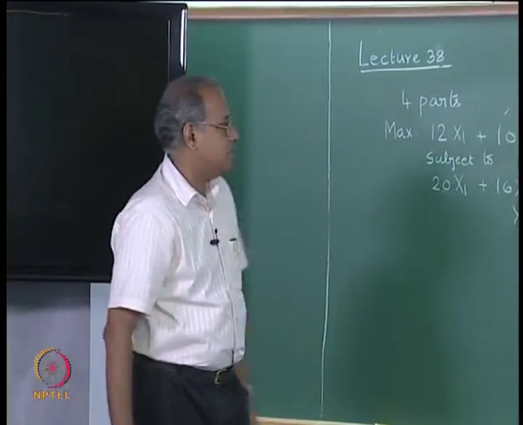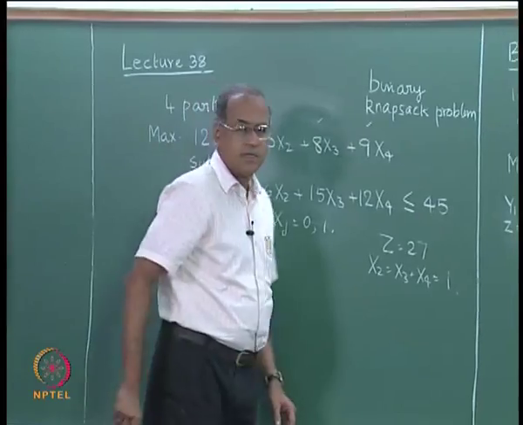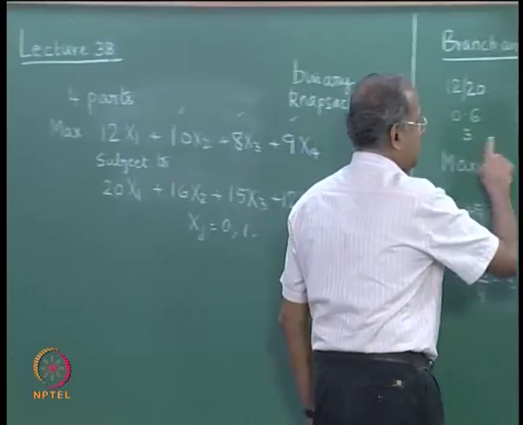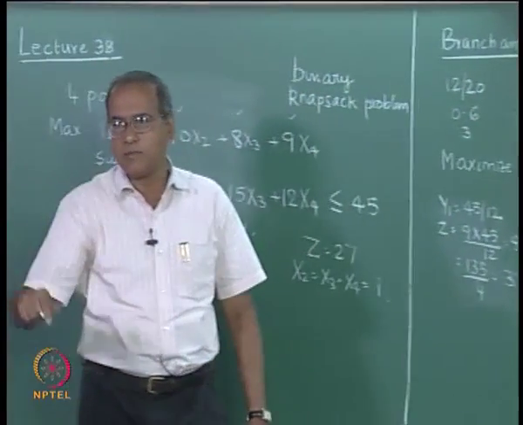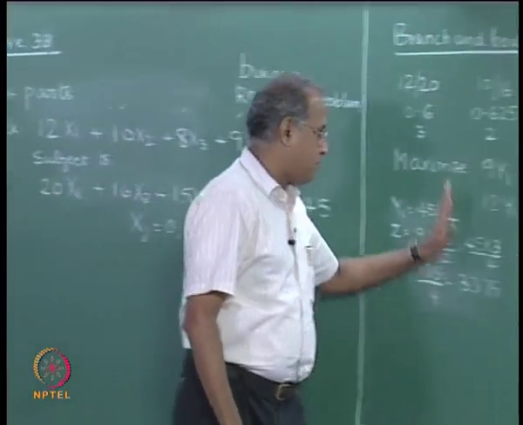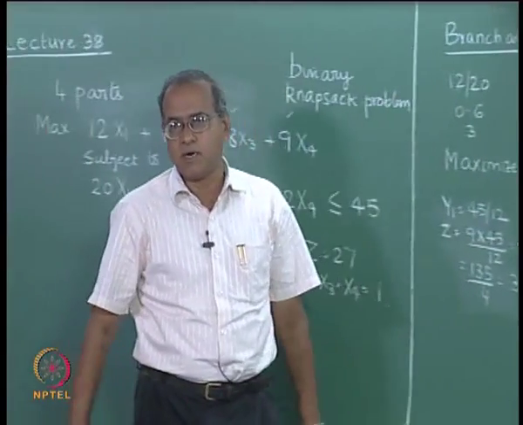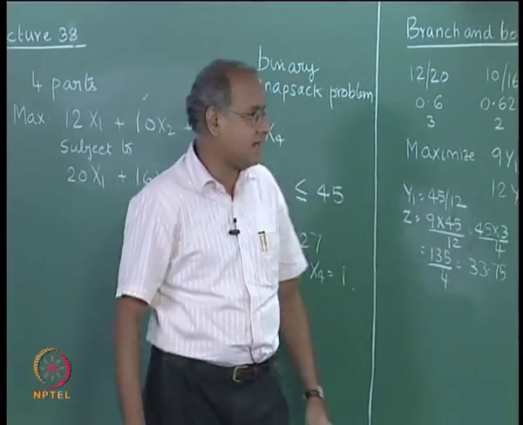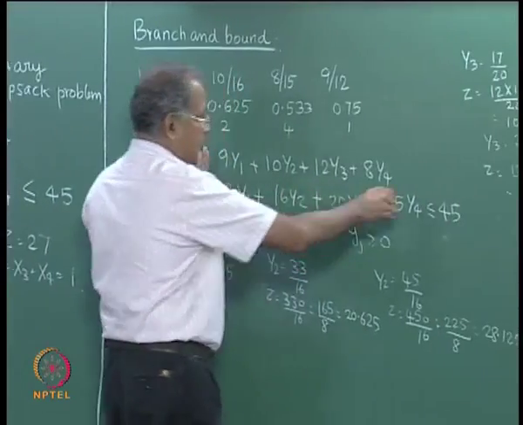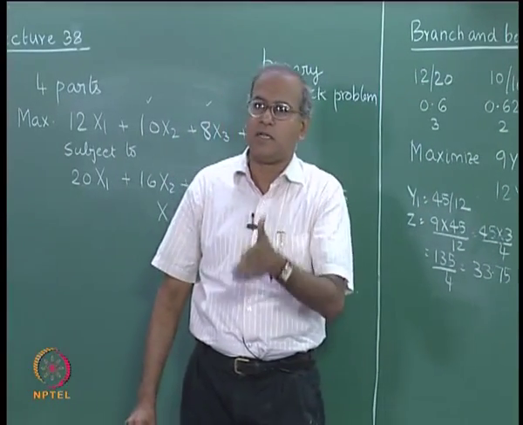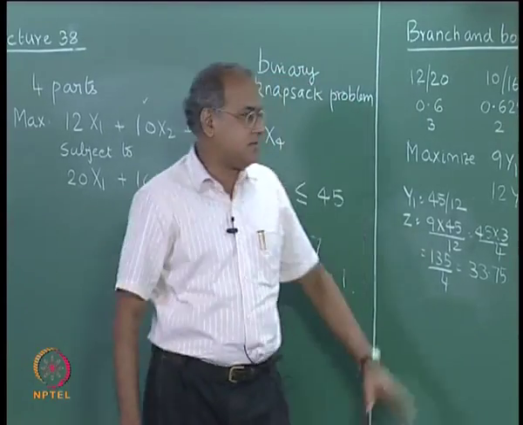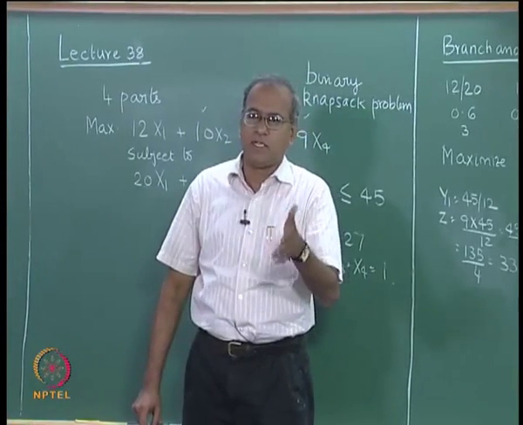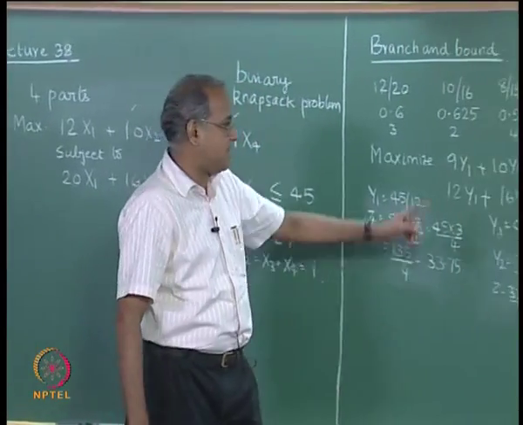So, we formulated this binary problem and then we rearranged the variables, or renamed the variables, based on the ratio of the profit to the time consumed, and the problem was rewritten by introducing the y variables instead of the x variables, such that the variables are written in the non increasing order of the coefficients. Now, this would help us in getting the LP optimum, because the leftmost variable will be the variable in the solution if we solved an LP.